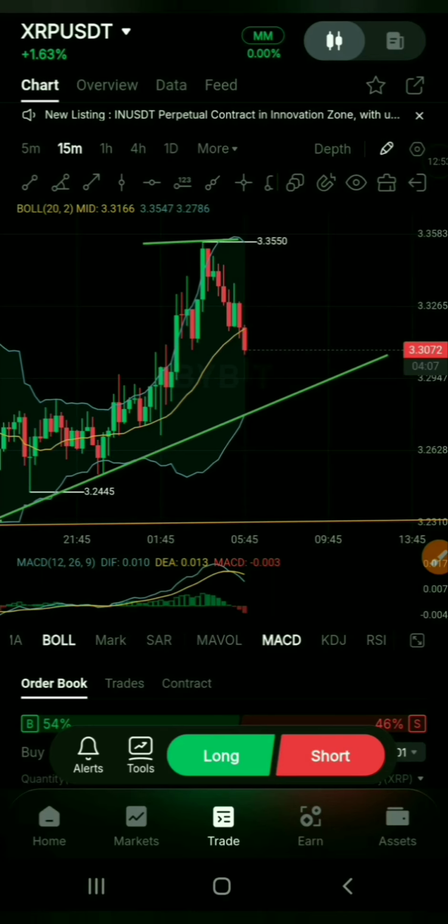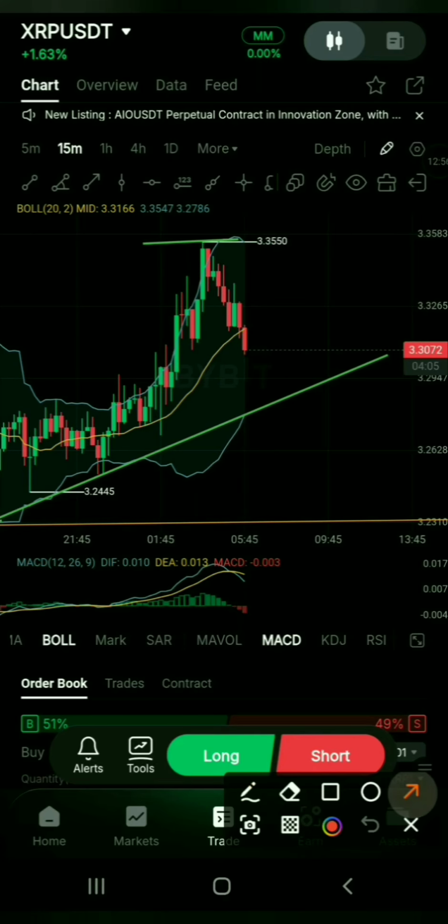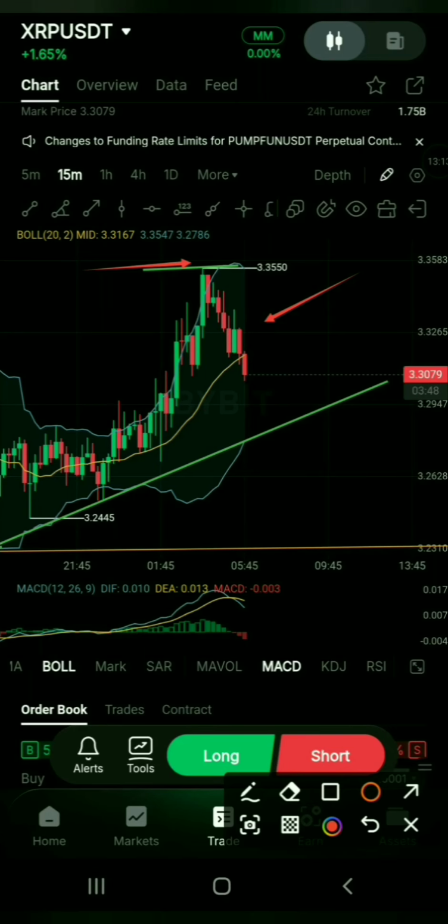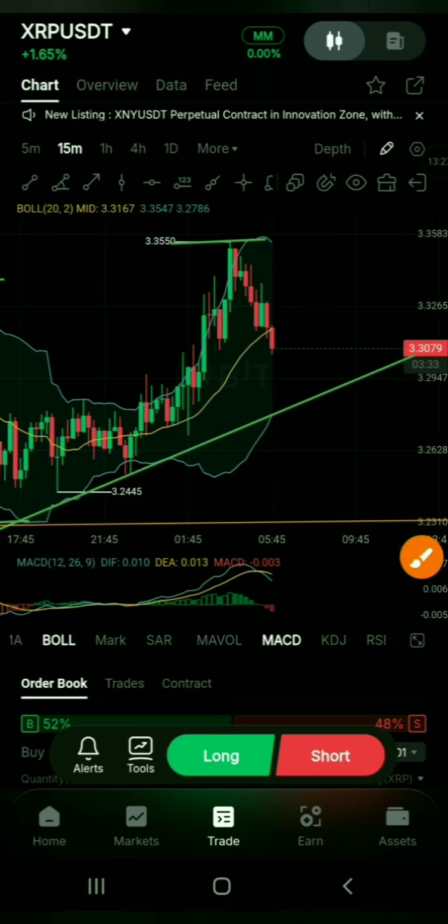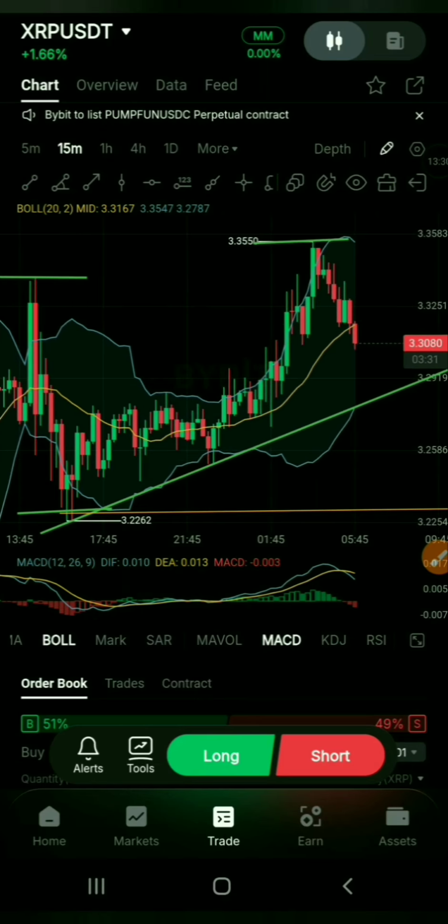As you can see, the price has left the upper band of the Bollinger Band and is now at the middle band, which is the 20 period moving average. Sometimes, if the bulls are strong in the market, the price just rests over the middle band and then continues its journey to the upside. It doesn't necessarily have to actually touch the lower band,